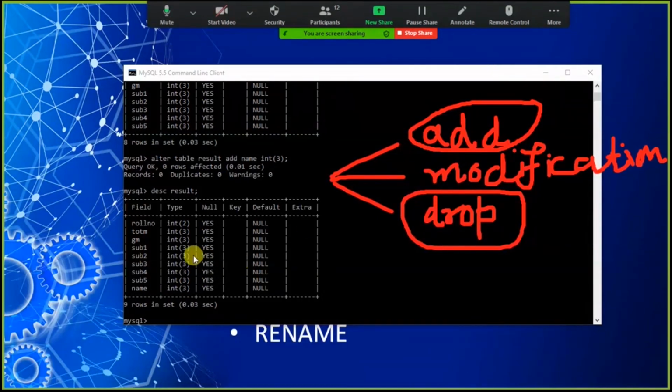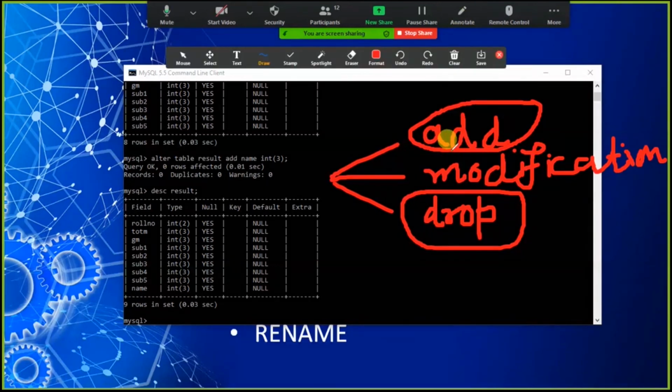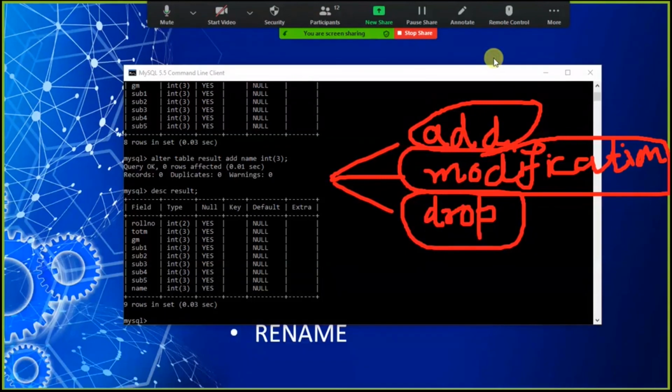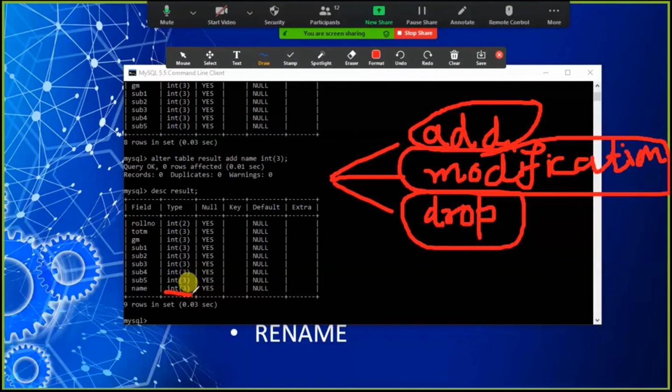So now what do we need to do? We need to delete this and create the new column again? No. If you want to make changes in an existing column, then we will use the modify subcommand. Look here. Right now the data type of name is int and the size of name is 3.